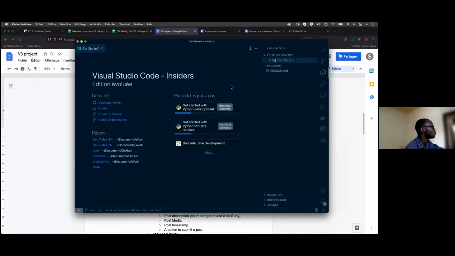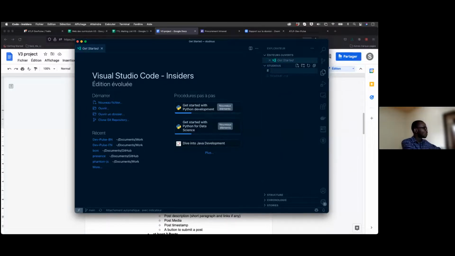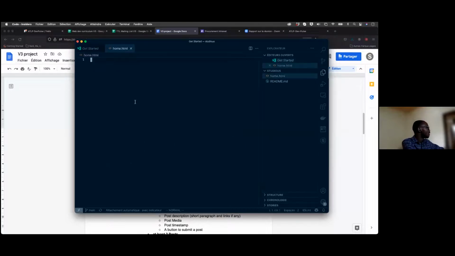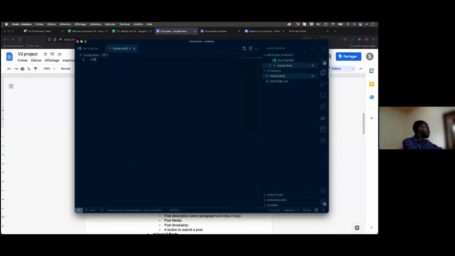So you'll have your favorite editor, and you're wondering, okay, where do we start? How do I do that? You can just go to your editor and create a new HTML file. Just call it maybe home.html, and then create doc type HTML,